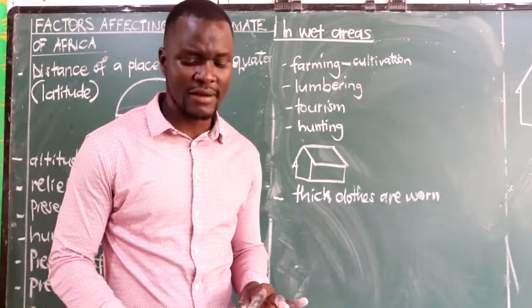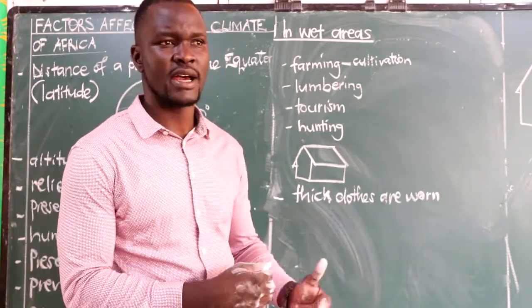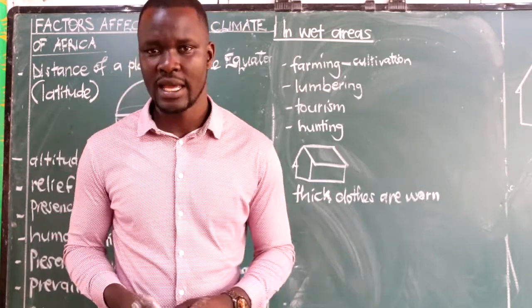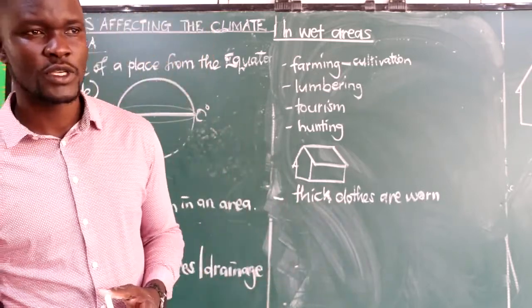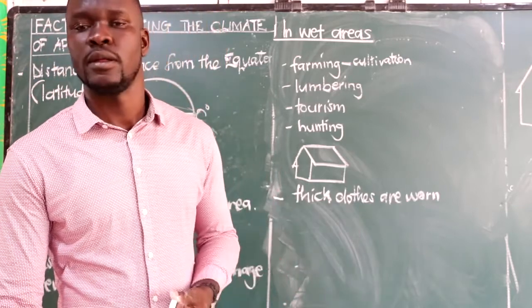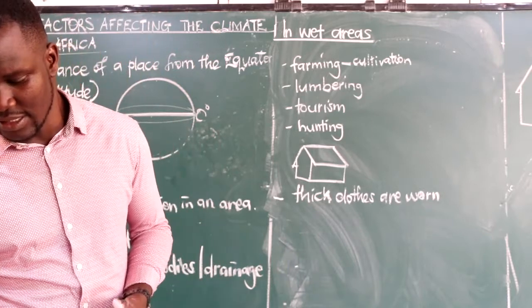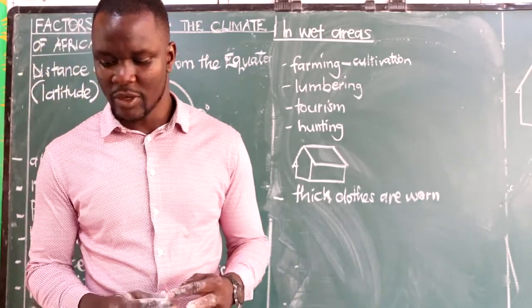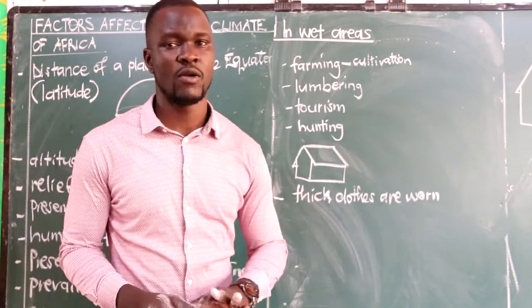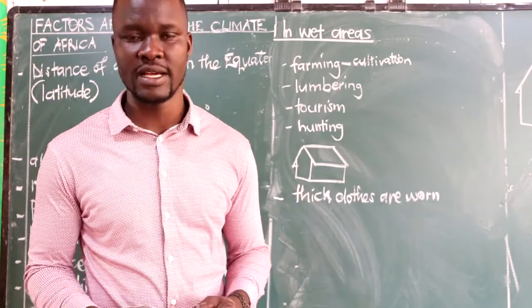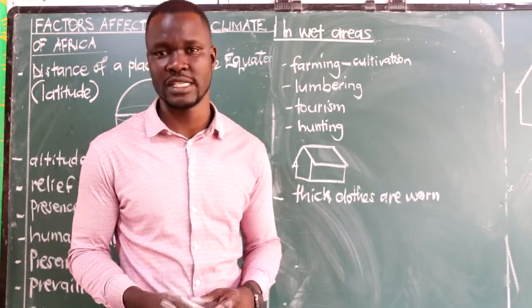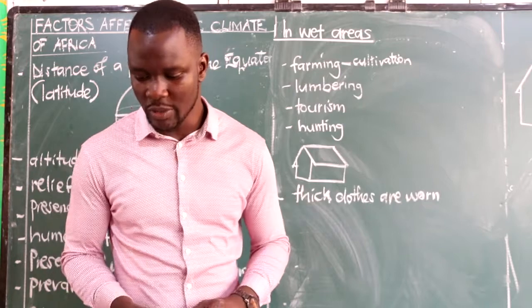And then we also have these areas harboring disease vectors that can spread diseases, like we have tsetse flies, which can be hiding in such forests, and they can spread the diseases. Then we have the problem of landslides. And landslides are always experienced in mountainous areas due to heavy rainfall received in that area. That will also be another